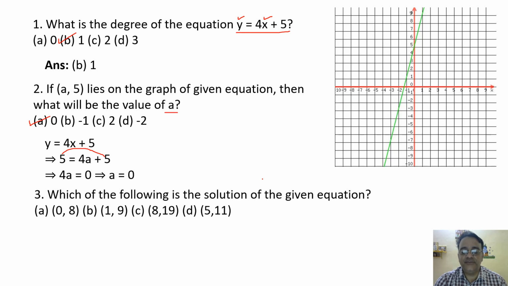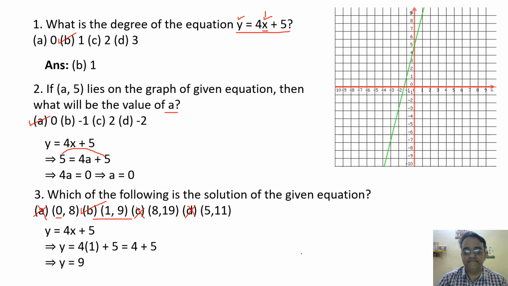Next, which of the following is the solution of the given equation? चलो हम लोग सब्सटीट्यूट करके देखते हैं x और y का वैल्यू. अगर x का वैल्यू हम लोग 0 सब्सटीट्यूट कर रहे हैं तो 5 आना चाहिए. सो दिस इज कैंसल. एलिमिनेशन मेथड यूज कर रहे हैं. अगर x का वैल्यू 1 है तो 9 आना चाहिए, तो ये हम लोग को मिल रहा है. x का वैल्यू अगर 8 है तो 32 प्लस 5 तो ये भी नहीं है, 37 होना चाहिए. अगर x का वैल्यू 5 है तो 25 आ रहा है, तो ये भी नहीं है. So only one option is there which is satisfying this equation, that is (1, 9), and the correct option is option B. This is clear.